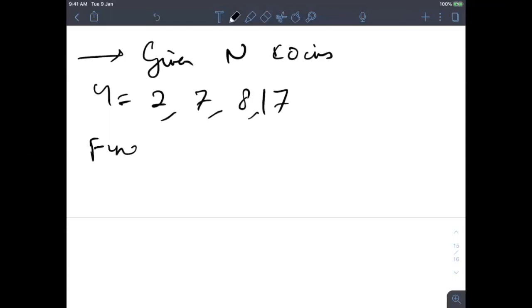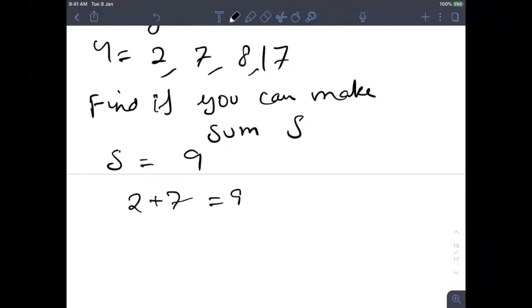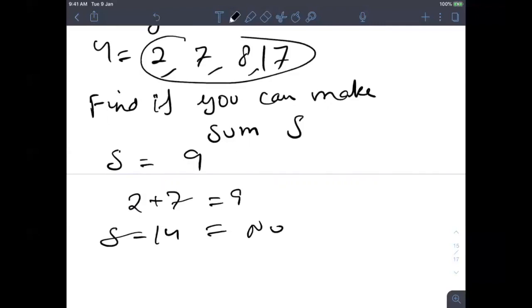Find if you can make sum s. Let's say your sum is 9. So can you make 9 using these coins? Yes. You can give 2 plus 7, which is 9. So let's say I ask, can you make 14? No. You can choose any combination, but you will not be able to form 14.